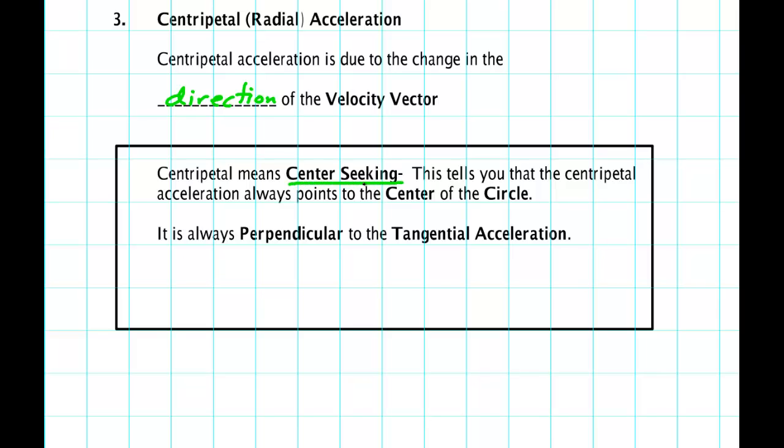Now centripetal is actually telling us something. It's telling us the direction that this vector points. Centripetal means center seeking. And what this means is that this type of acceleration always points toward the center of a circle. Now you might say, but what if I'm not following a circle? What if I'm following some sort of curved path like this? Well, at any point on there,